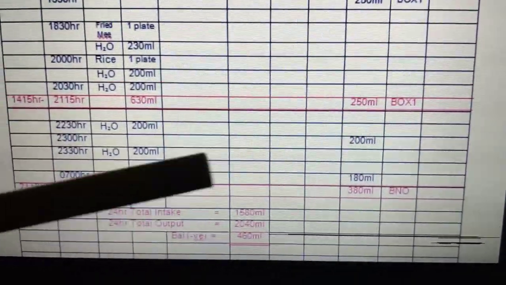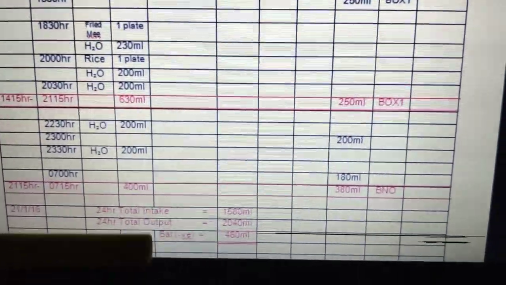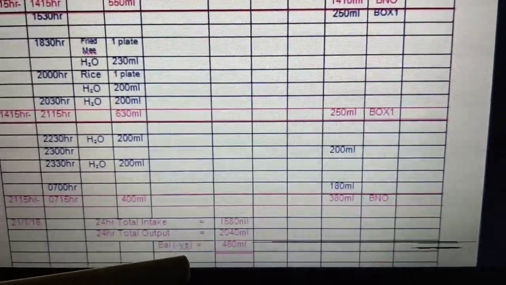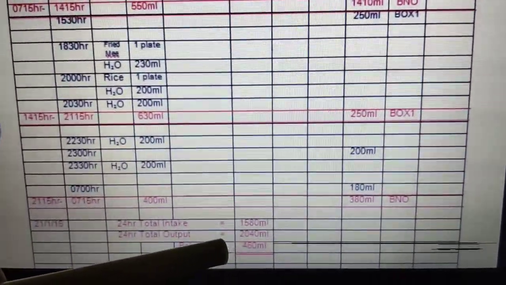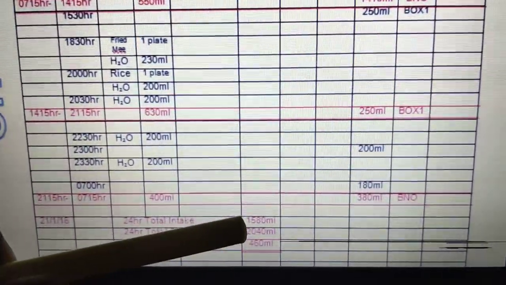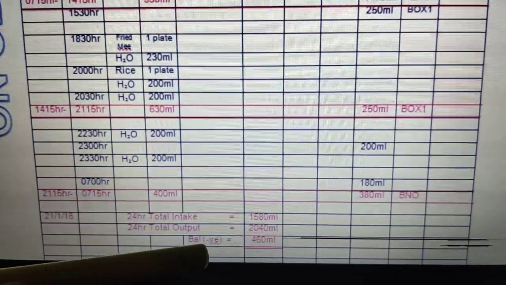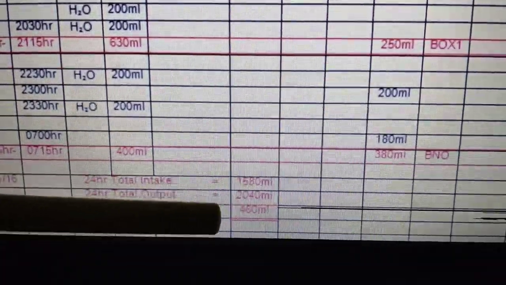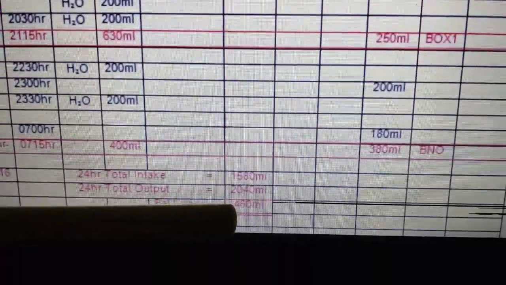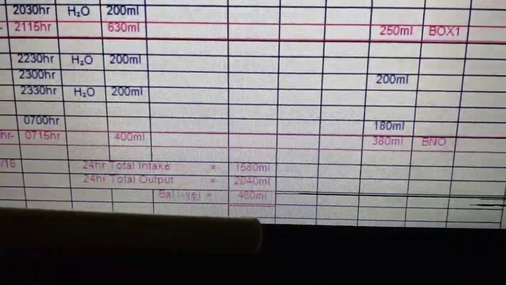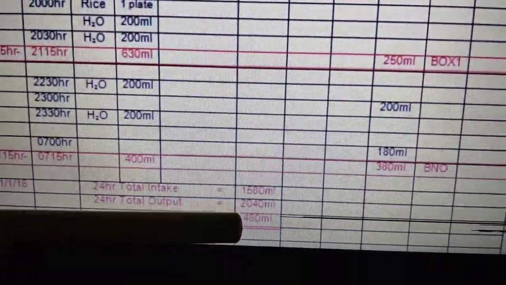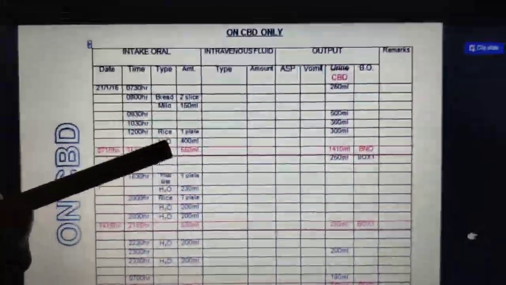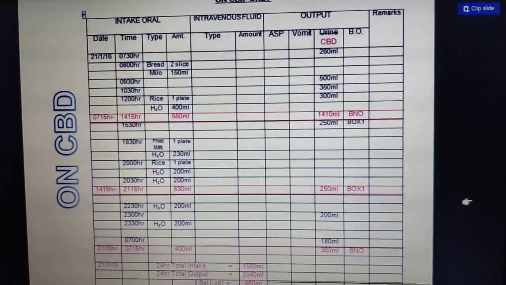24 hours intake is 1580 ml. What is the total output here? 2000 ml, isn't it? No, 2040 ml. What is the difference here? 460 ml. Means the output is greater than the intake. Then we call it negative balance. And one more thing, 460 ml is the difference. As we all know, any 500 ml difference will come as normal. This we consider normal only. Clear? But which balance is there? Negative balance. Clear? Understood? Always this negative balance will come for the renal patient.